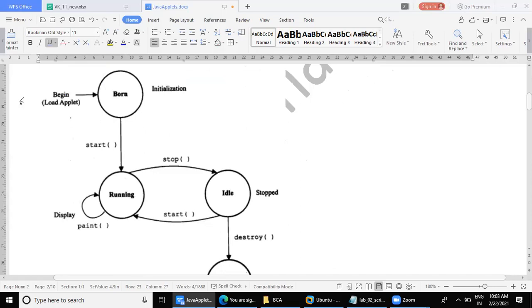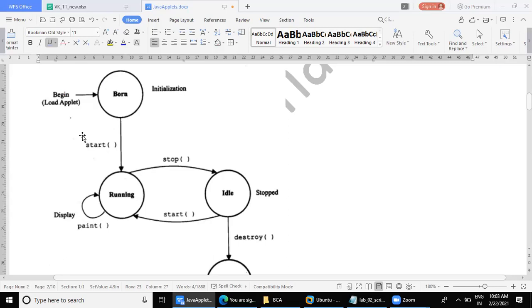Born state. It begins when the applet is loaded, it is born. Then automatically initialization happens, but if you want, you call init method. Clear? From the born or initialization stage, it goes to running. Here, automatically one inner method gets called as start. There is a similarity between this and thread.